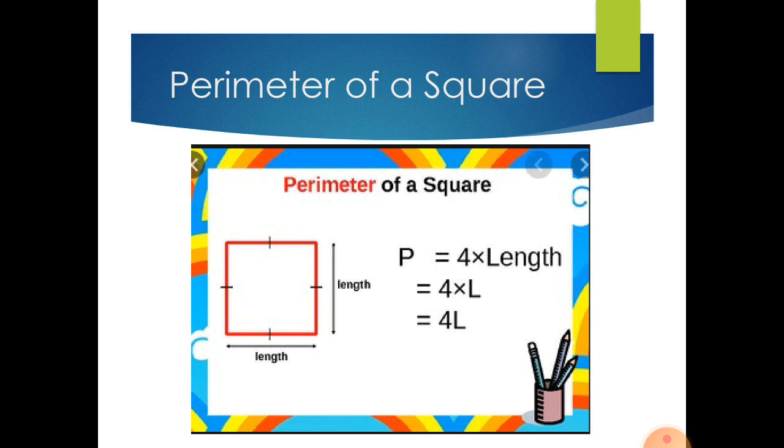For finding the perimeter of a square, length and length. If we talk about the square, we all know that the 4 sides in a square are equal. So perimeter can be found by multiplying its length by 4. So 4 multiplied by length is equal to the perimeter of a square. Suppose we have a square with side 2, so the perimeter will be 2 multiplied by 4 is 8. 8 centimeter will be the perimeter of the square.